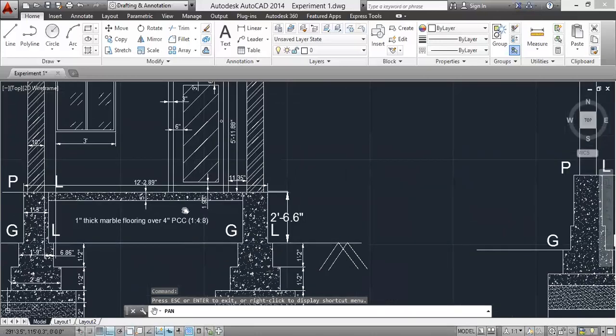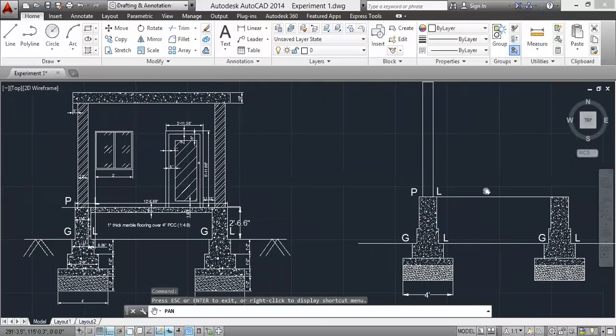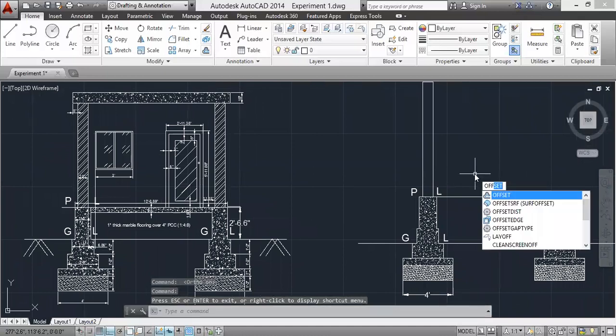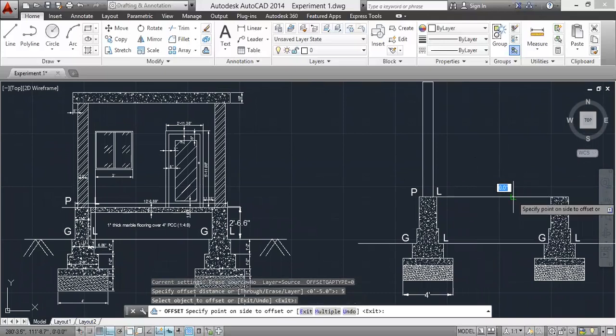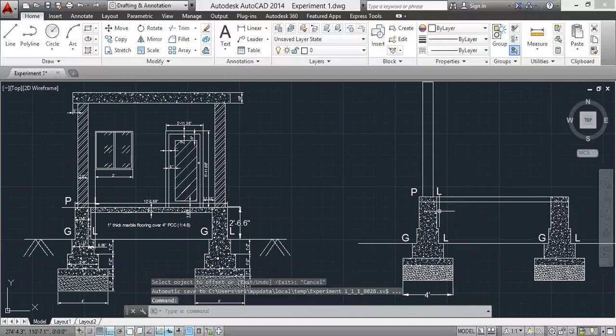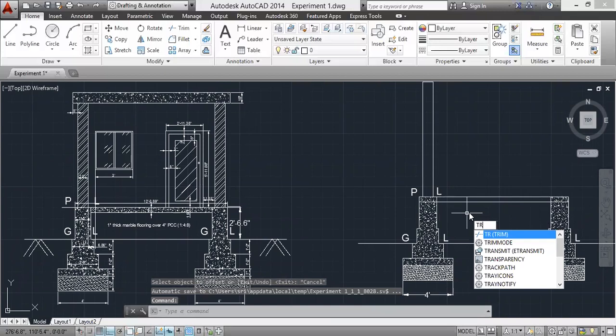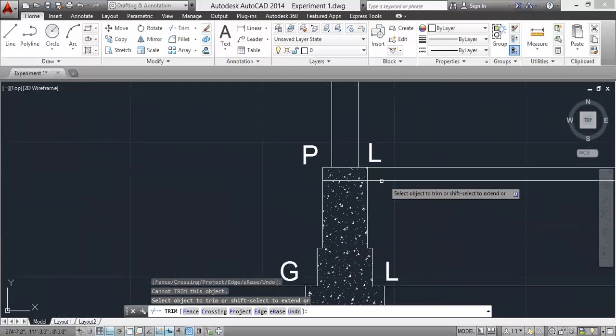So if you see here, we have a 5 inch concrete layer. So it should be given. Take offset 5 inch, enter. Select this object, click on here and erase the dummy line, TR, double enter.